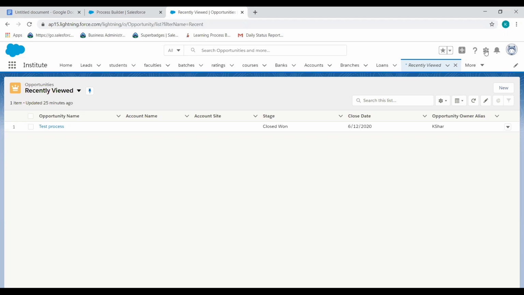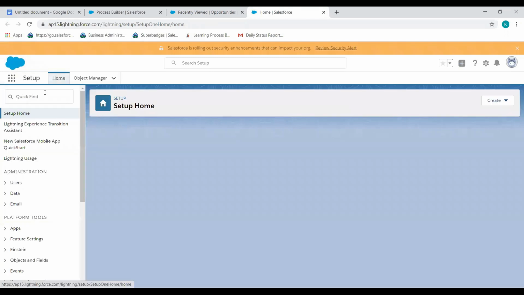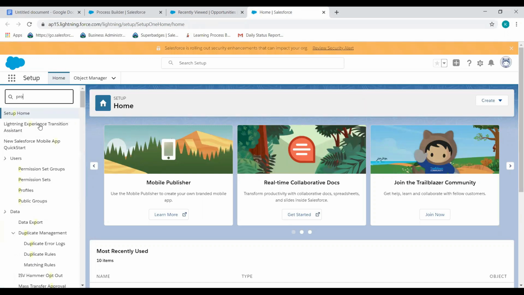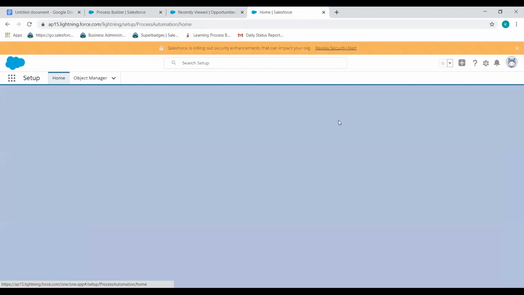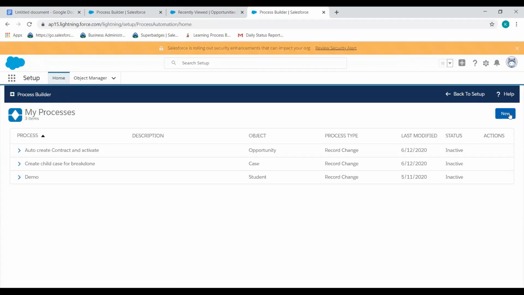So to create a Process Builder, go to Setup. In Quick Find, just type Process Builder. Create new.